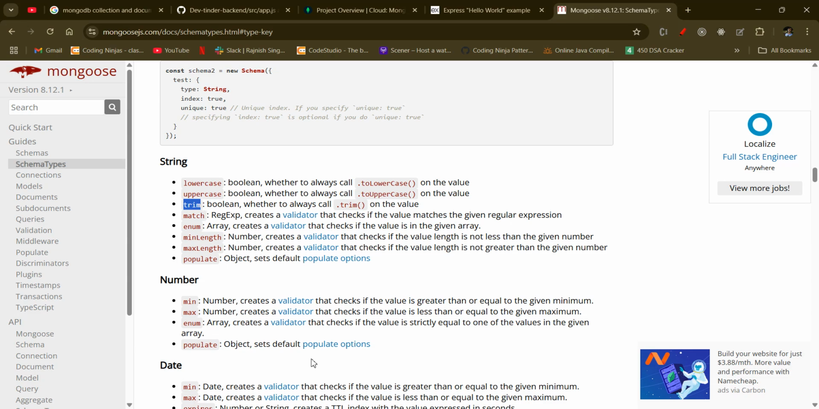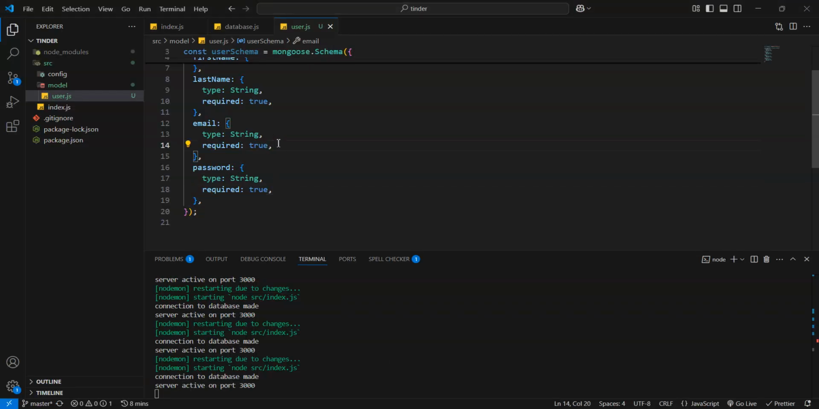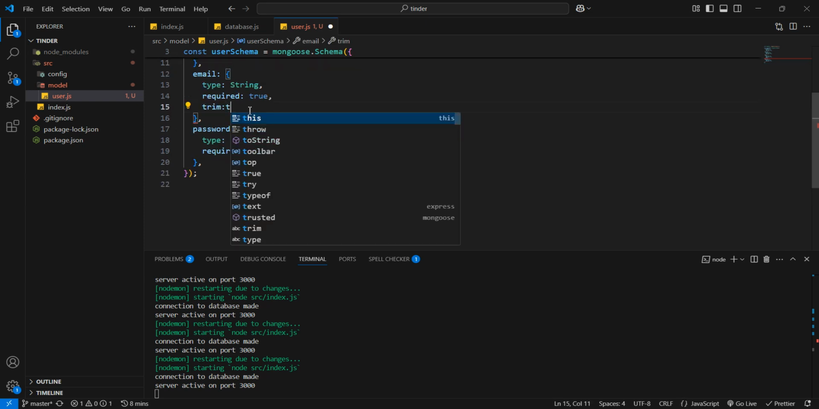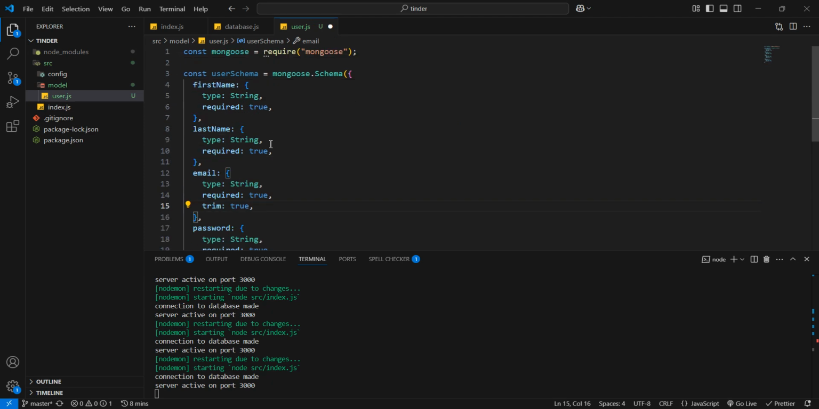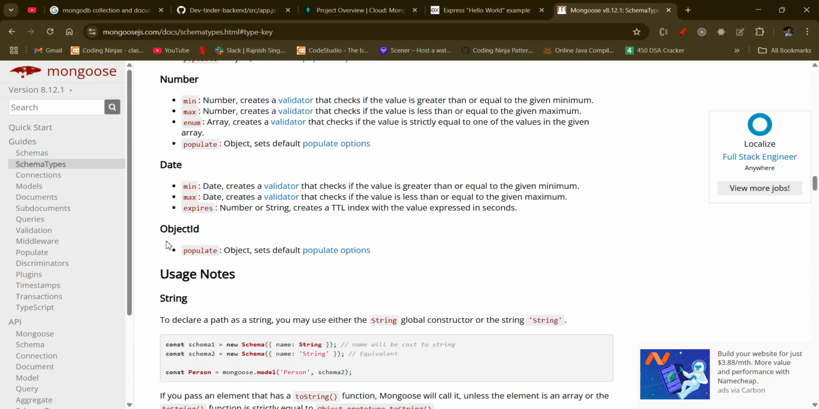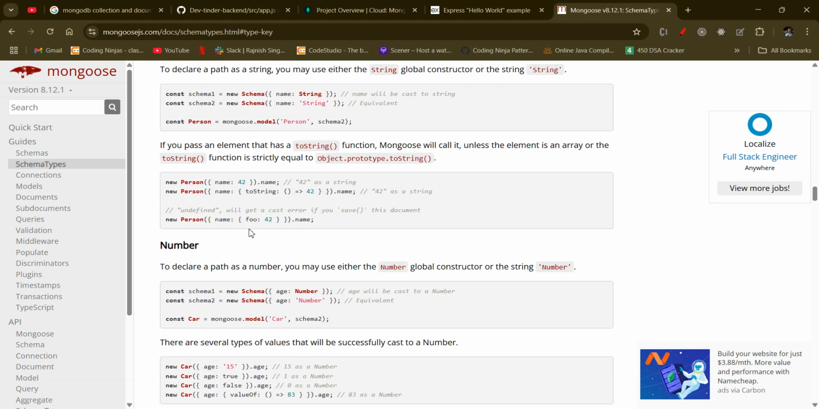Alright. String trim. Let's trim the email. So if user sends something like this, right? At the rate gmail.com. We'll store it something like this because no matter what, like this and this will work. So we'll trim it. Alright. So we'll trim the email, but we'll not trim the first name and last name. Maybe they want the first letter to be capital. But yeah, after that,